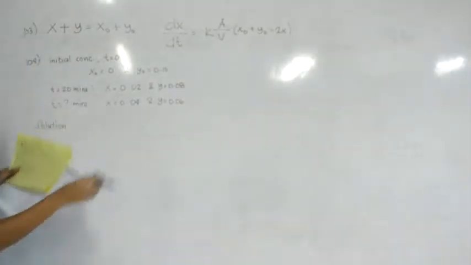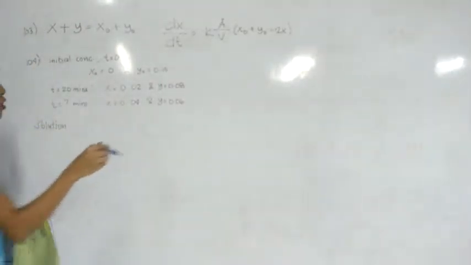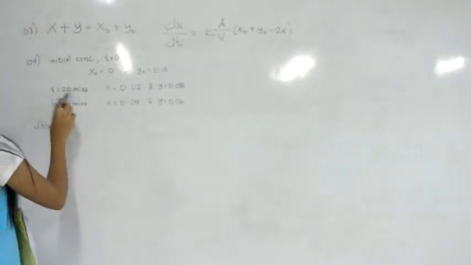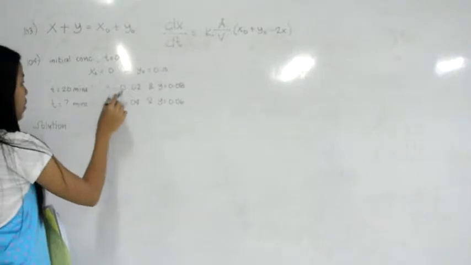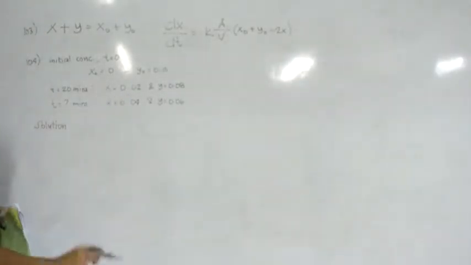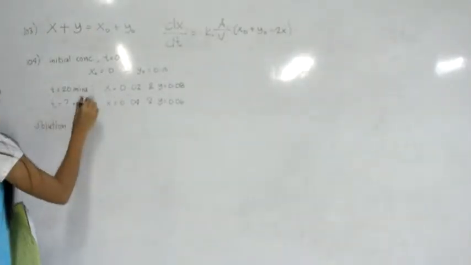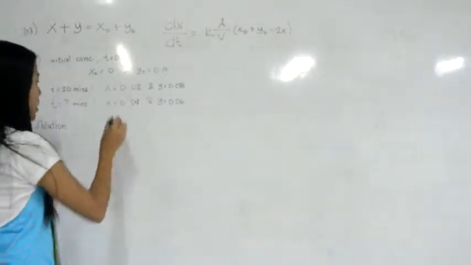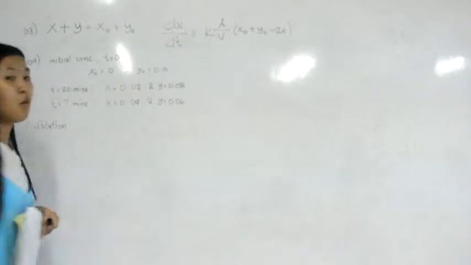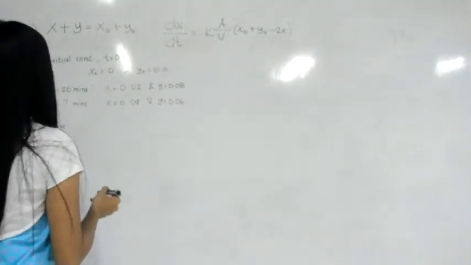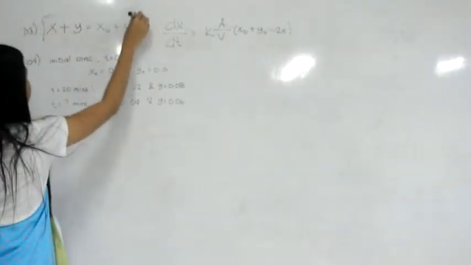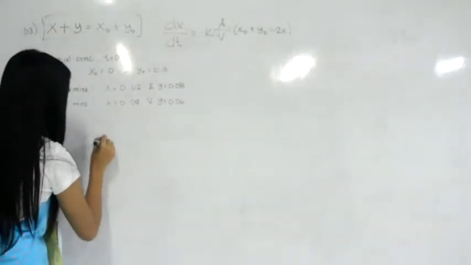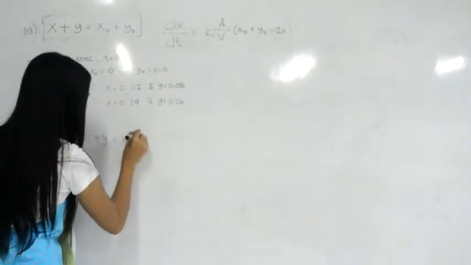number is x0 equal to 0 and y0 is 0.10. And if in 20 minutes, this becomes 0.2 and 0.08, what will be the time if the compartments become 0.04 and 0.06? Now, as we can see in this given condition, x plus y is equal to x0 plus